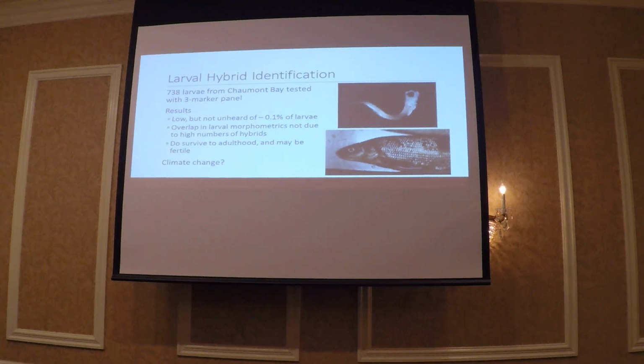One nice thing that this means is that the huge amount of overlap in larval morphometrics that we see is not due to the fact that we have all these hybrids in Chameau Bay. We just have very weird larvae that are hard to ID. So hence the genetic